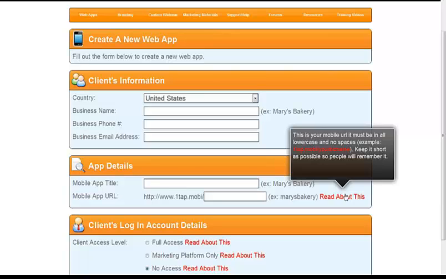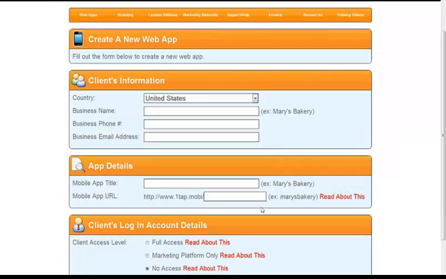Now, what are you going to do with that URL? Matter of fact, let's build that. Kerry Miller's Pizza. Okay? I'll tell you what, I'm going to do this. Let's call it Kerry Miller's Auto Body Shop because we got a reseller that's absolutely killing it with auto body shops. Kerry Miller's Auto Body Shop.